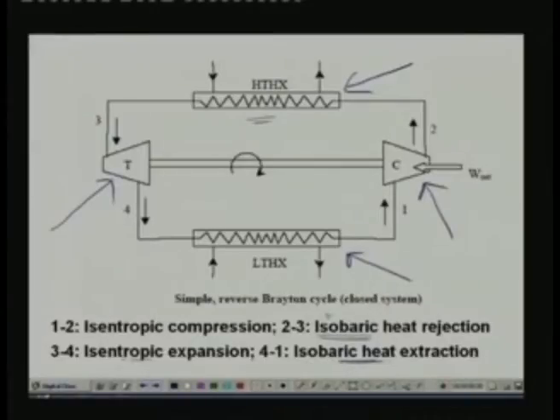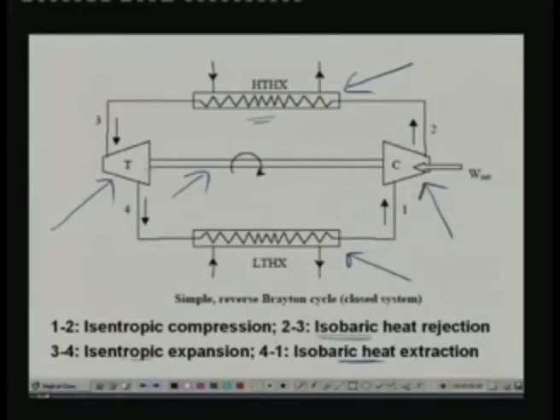So, the only changes are in the processes 2 to 3 and 4 to 1. Processes 1 to 2 and 3 to 4 are the same as the Carnot cycle. Okay, so this is the simple reverse Brayton cycle. Now, let me show this cycle on a TS diagram. Before I show this cycle, let me once again